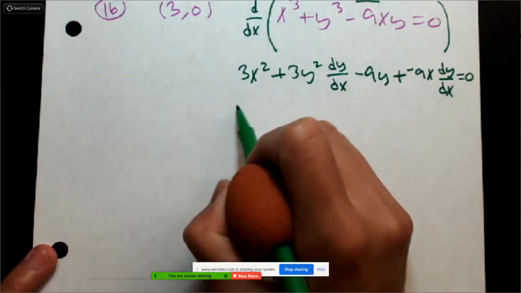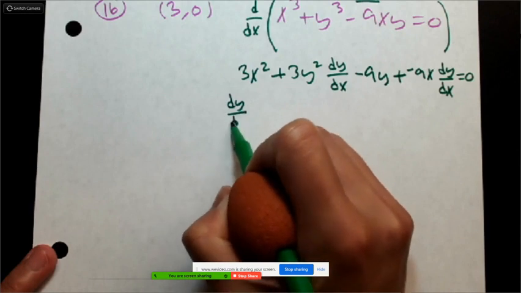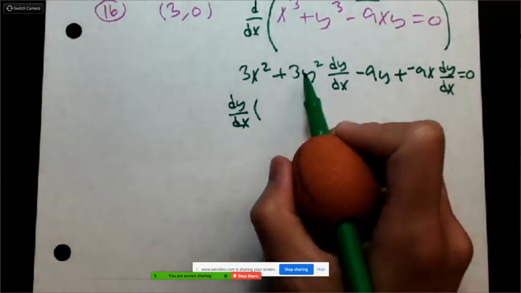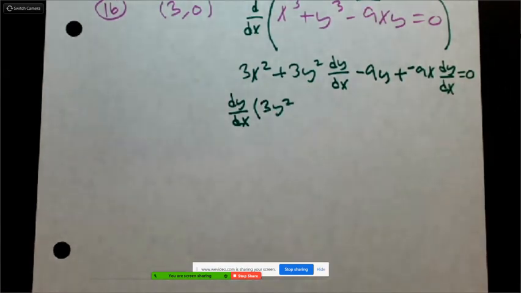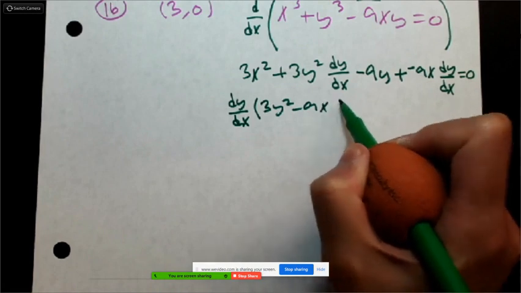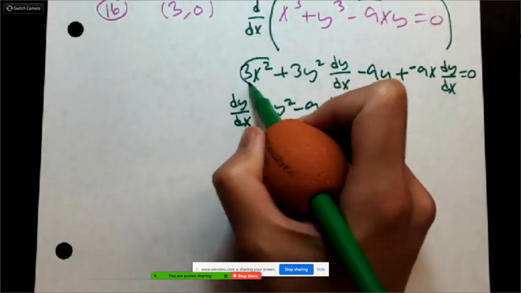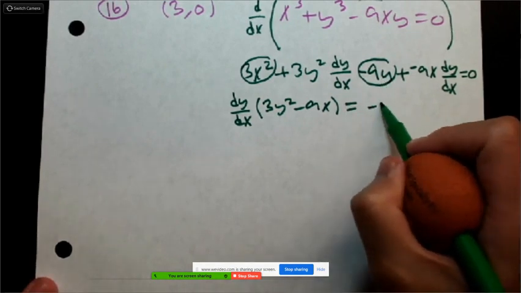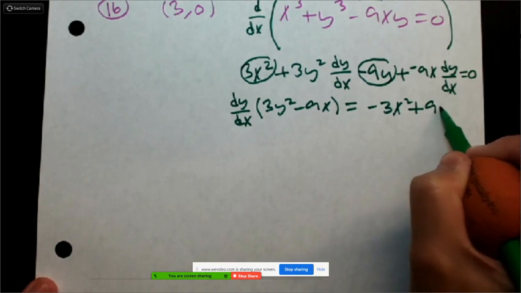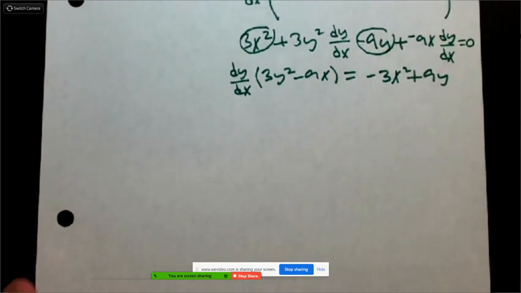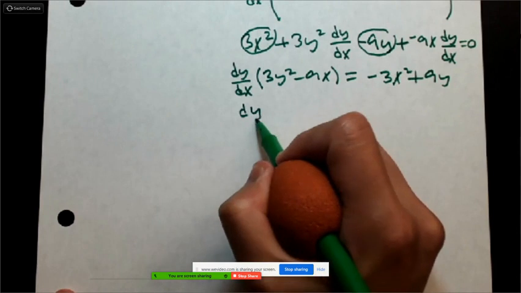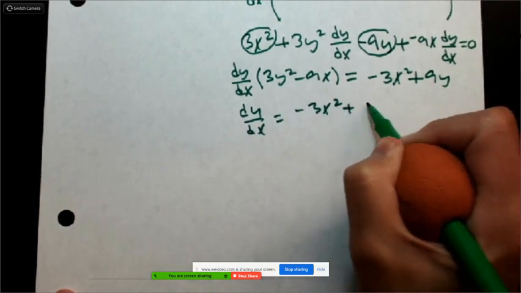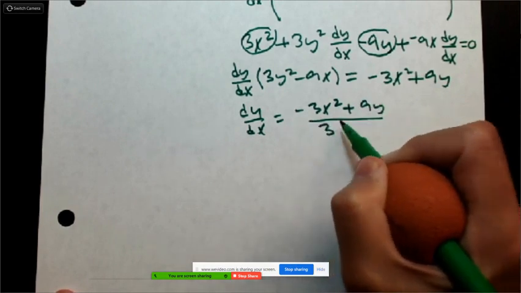So let's see. I'm going to do two things in one go. Let's factor out dy over dx. And I'm going to put back what is remaining to the left side of it. I have 3y squared, and then I have minus 9x. And I'm going to move this guy over and this guy over. When I move it to the other side of the equation, you should get minus 3x squared plus 9y. And what's our last step? Divide. It's all about just copying the right thing, which I kind of struggle sometimes. So we have,